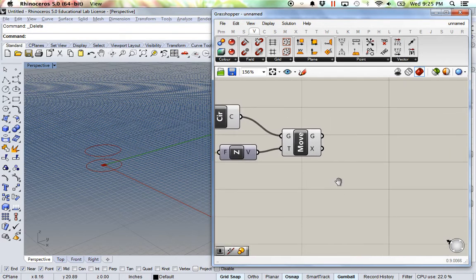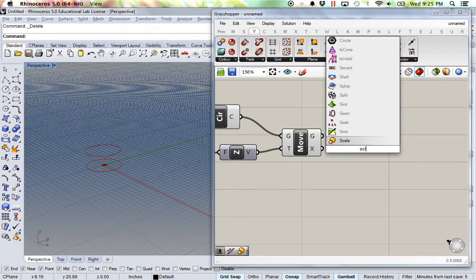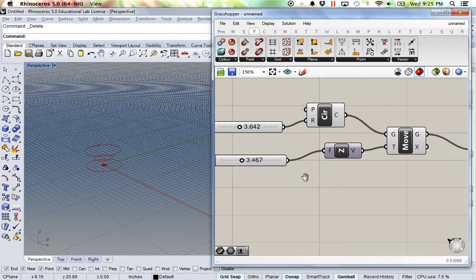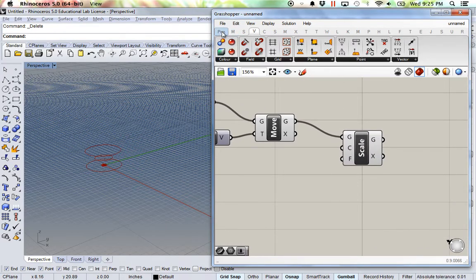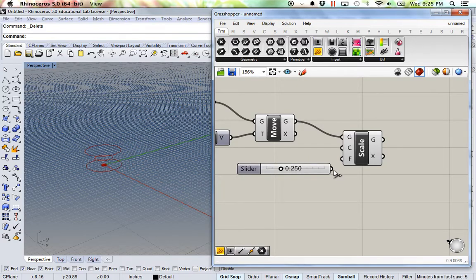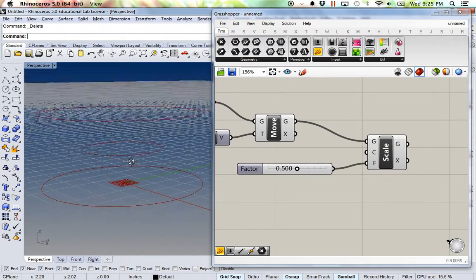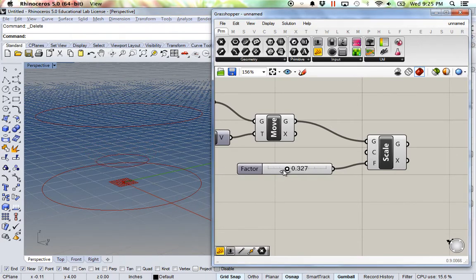And now what I want to do is use a new component, scale. And if I plug in the geometry and some scale factor, I'm just going to use a brand new slider, just from 0 to 1. And if I look really closely, I can see what it's doing here. It's scaling it, but as it's scaling, it's also moving it. So it's essentially what it's doing in